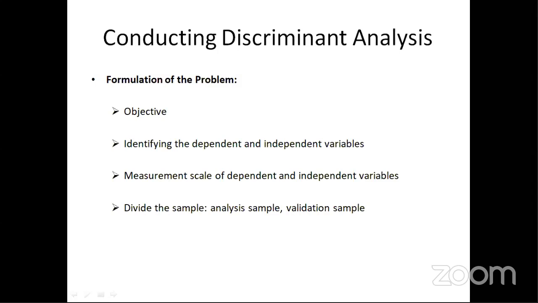In the beginning it was in ratio scale, in metric form, but now your dependent variable is in nominal scale. Now your data is ready for multiple discriminant analysis. Independent variables, like in multiple regression analysis,